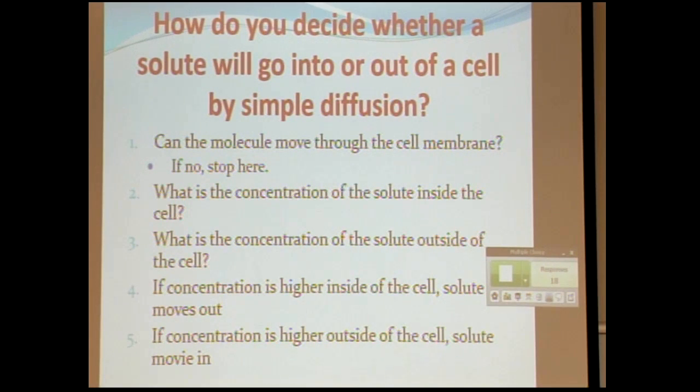All right, now since this is simple diffusion, is the cell in control of which way it goes? No. It's not, right? It's just going to go from high to low, whatever side it's on. So if I ask you, set up a scenario and say which direction is going to go, this is how you'd solve it. So let's say